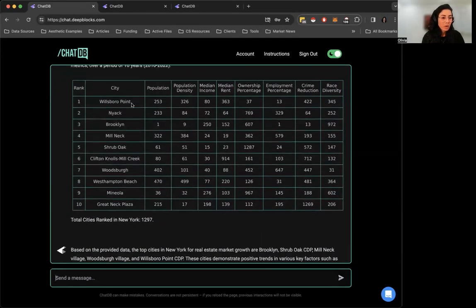So right now, the cumulative number for these, so if you would add these up, they would be the lowest for Wellsboro Point, okay? And say the third lowest for Brooklyn. But Brooklyn stands out to me because it's first in population growth out of all 1,297 cities in New York. So it also tells you how many cities it's ranking. So it's ranking first in population, 9th in population density, and first in employment percentage growth. So even though Wellsboro Point has the lowest cumulative score, which means it's the best,